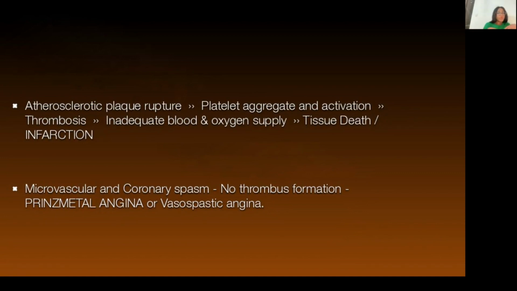A rarer cause of myocardial infarction is coronary spasm, which is called variant angina or Prinzmetal angina. An acute occlusion of about 20 to 40 minutes is enough to cause acute myocardial infarction. Something important to know is that, unlike skin cells, for example, cardiac myocytes